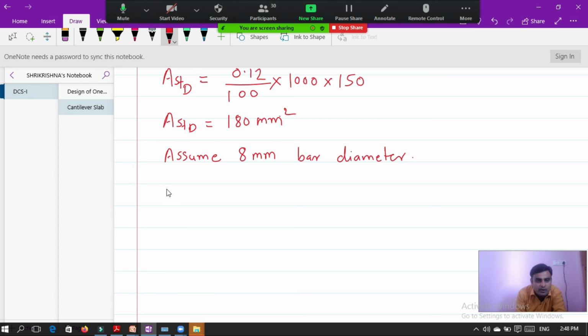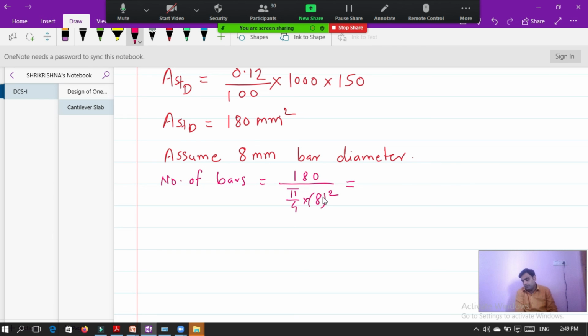Then calculate the number of bars. The number of bars is equal to total ASTD divided by the area of a single bar.